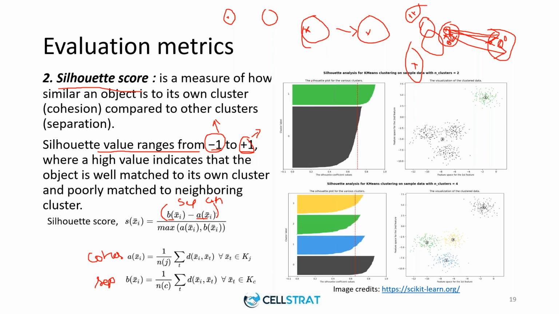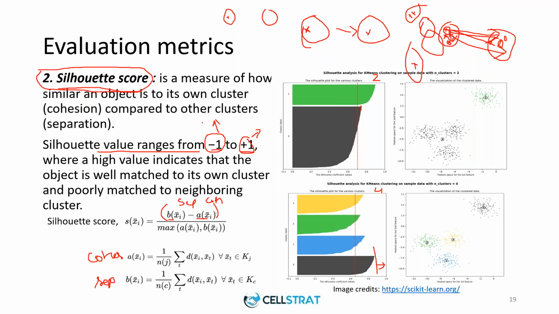So here you check the silhouette score for each of the clusters. In this case I have used two clusters, but this may not be a very good clustering. So I go and take three or four clusters. In this you can see the silhouette coefficient value of cluster 0 has increased from say 0.6 to 0.8 plus. It is getting closer to 1 with more number of clusters. Hence silhouette score is one of the very important metrics